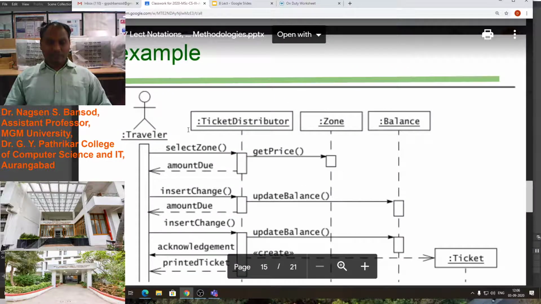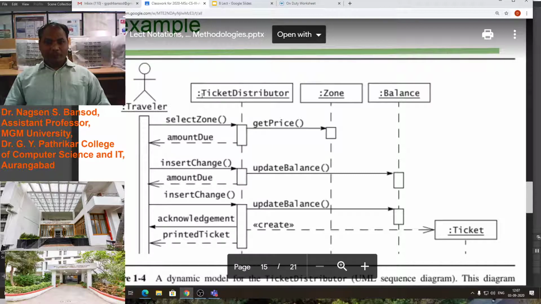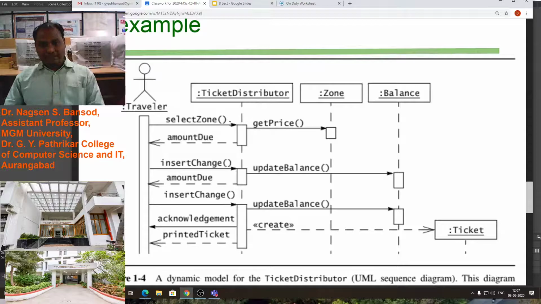You see, this is the actor. By this stimuli, we have shown the actor. Who is the actor in this? The traveler is the actor. He has initiated the process, initiated the task, that is the use case. From that, he is communicating with the ticket distributor machine.